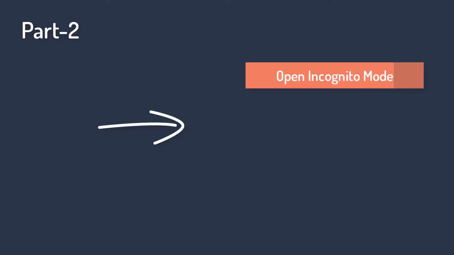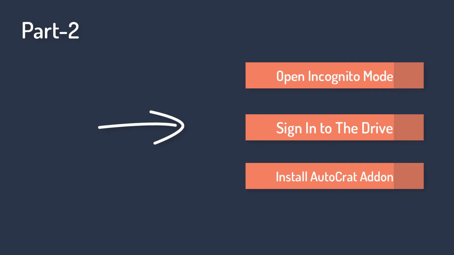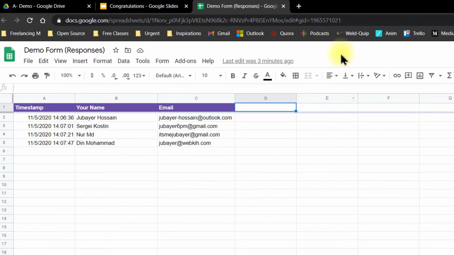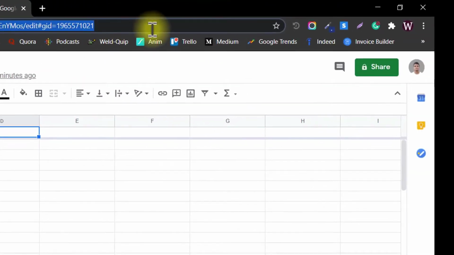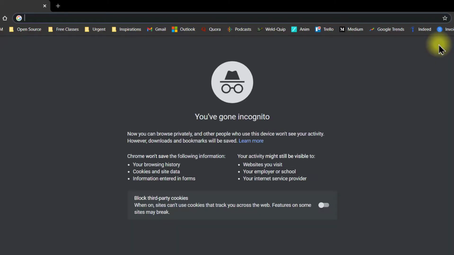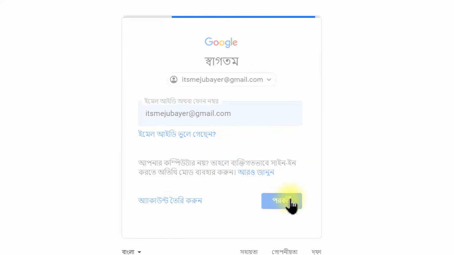Here is the second part. So we're going to open incognito mode and then sign into the drive and install Autocrat add-on. So copy the link from the browser and then open incognito mode, paste the link here and sign in to your respective Google Drive account with the email,